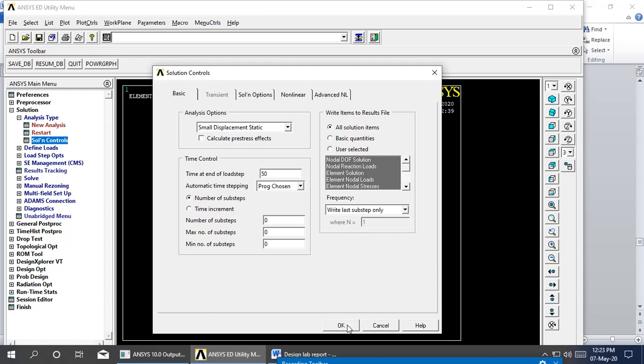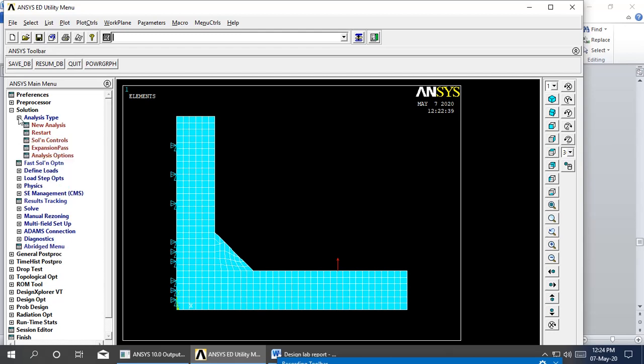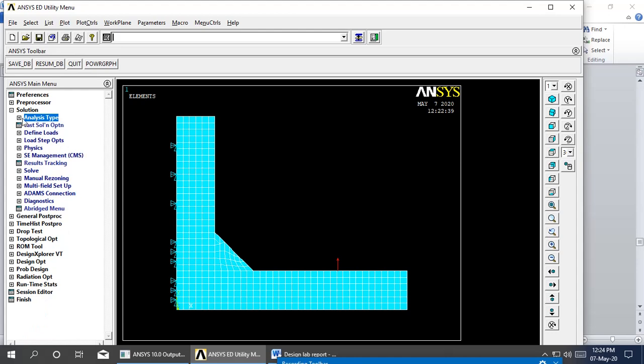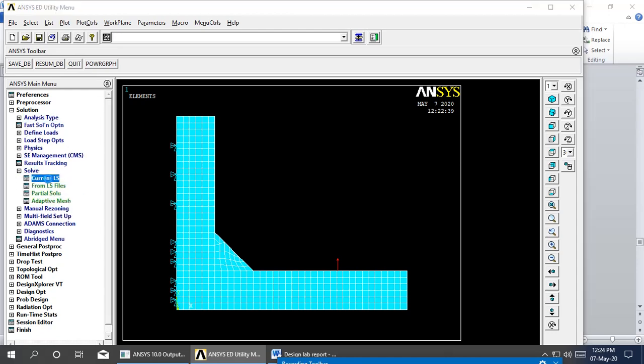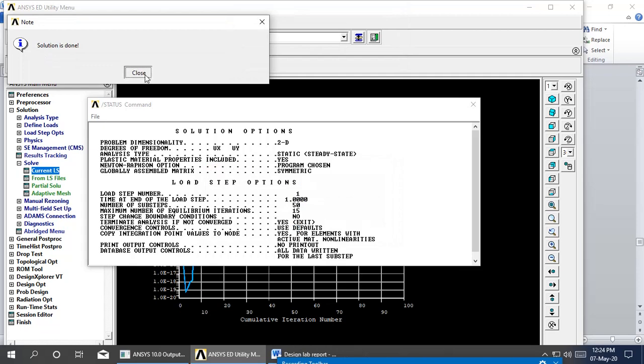Then give it okay. Then you have to unselect the averaged menu. Go for solution, solve current LS. Okay. Solution is done.